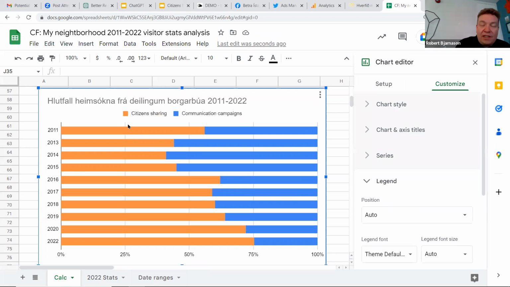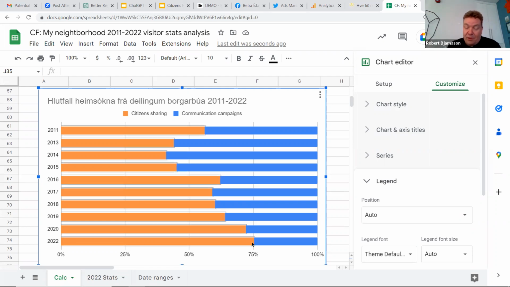The orange one is basically citizens sharing amongst themselves. Each of those represents a link to an individual idea. Somebody shares their idea on social media and then other people click and come into the platform through the idea that somebody else shared. And this has been growing all the time.